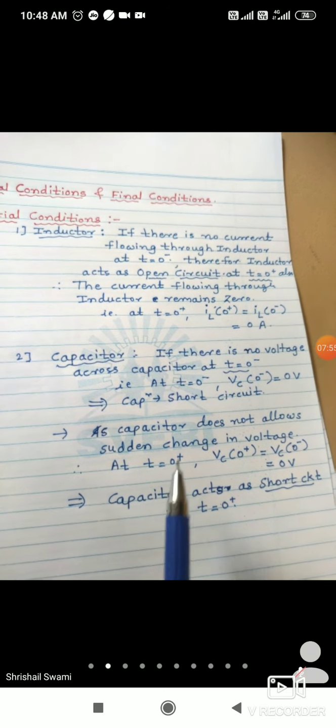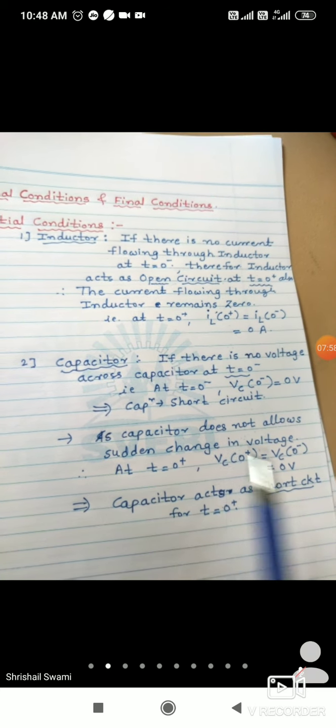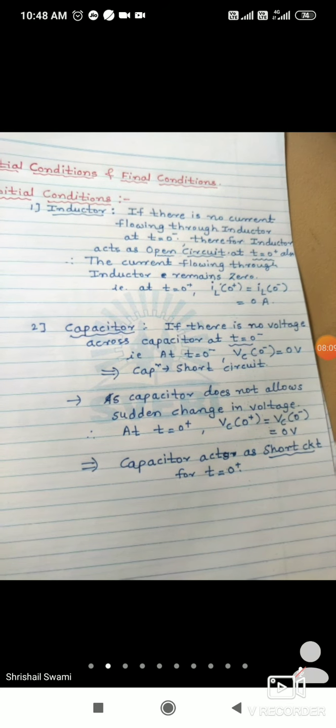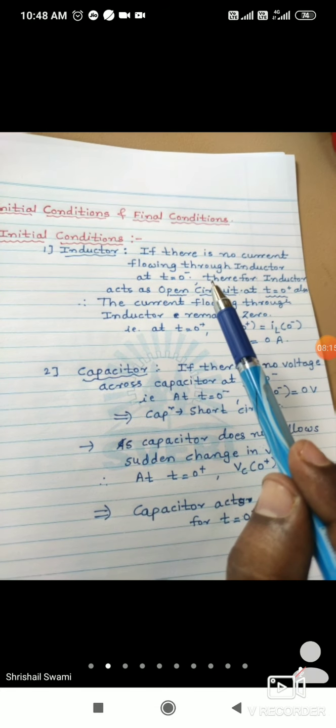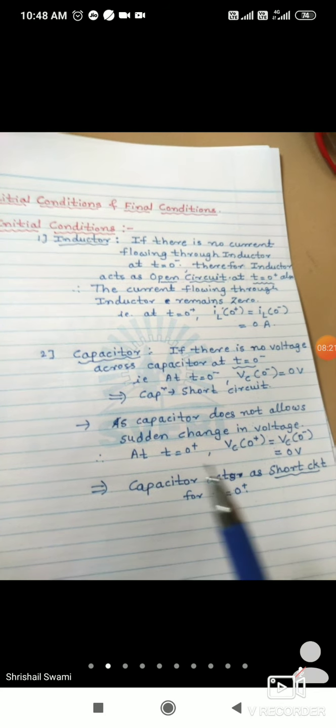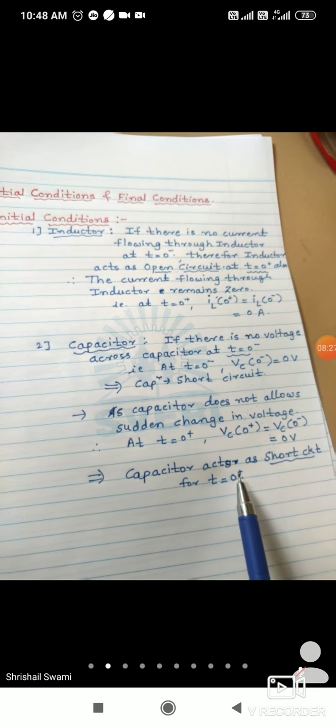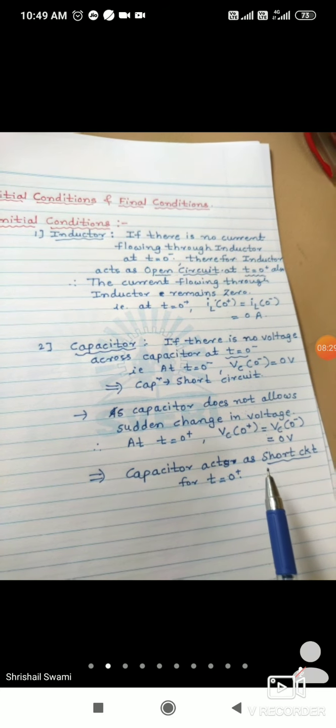So here we talked about current is equal to 0, that is initial current is 0, and here we talked about the initial voltage across capacitor is 0. If some current is there initially other than 0, and here some voltage will be there, then what will be the condition? That I will tell. If suppose in this case the initial current is 1 ampere, so that also continues, means it remains as 1 ampere. If the voltage across capacitor initially is 5 volt, so here at t is 0 plus the voltage across capacitor will remain as 5 volt. Do you understand?